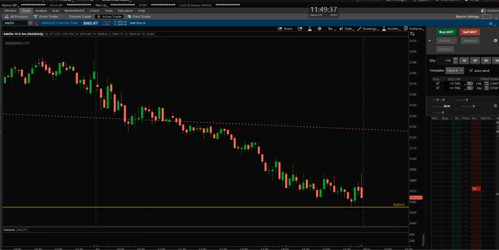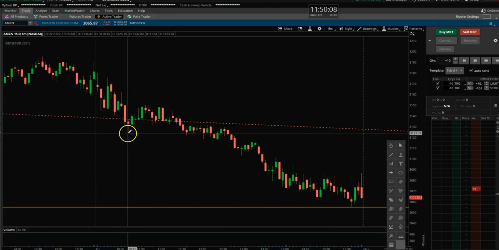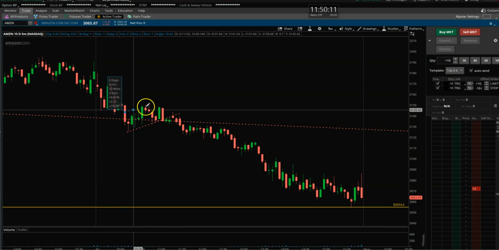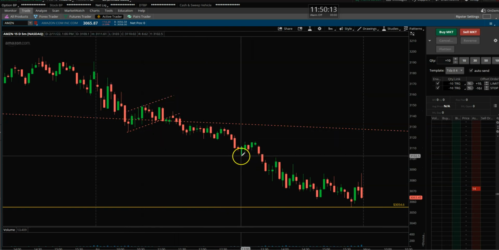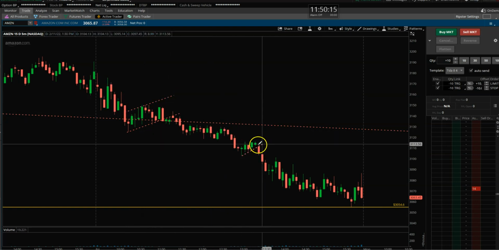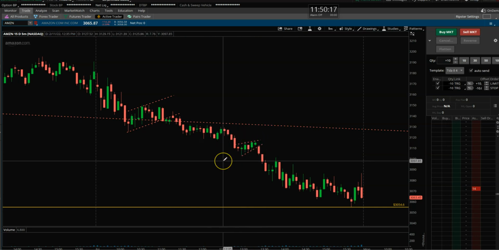Okay, so let me show you the bearish patterns, right? Intraday bearish flags, things of that nature. You need to identify those things, right? Let me pick my tool here. There you go. Okay, so this is a bear flag, right? This one right here. This is a mini one right here, something like that. So these are bearish continuation patterns intraday, right?